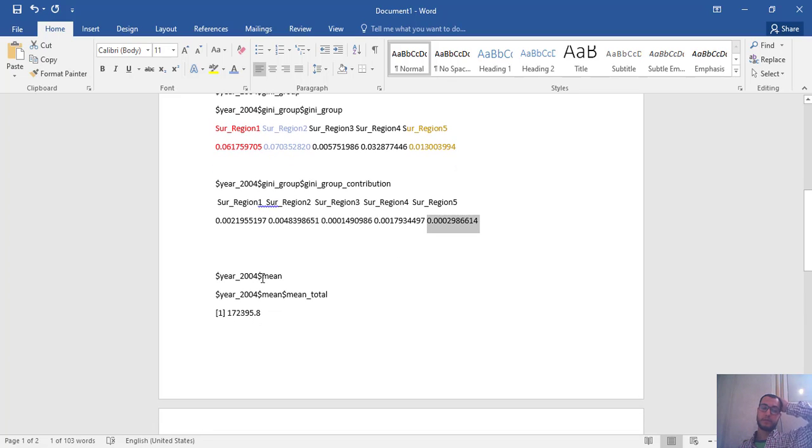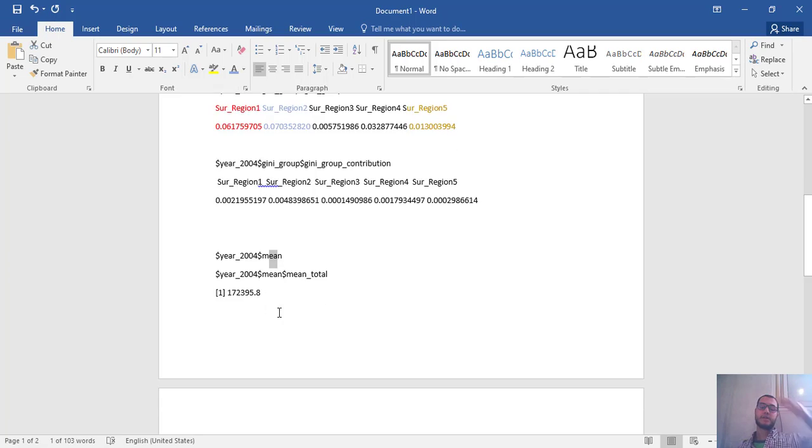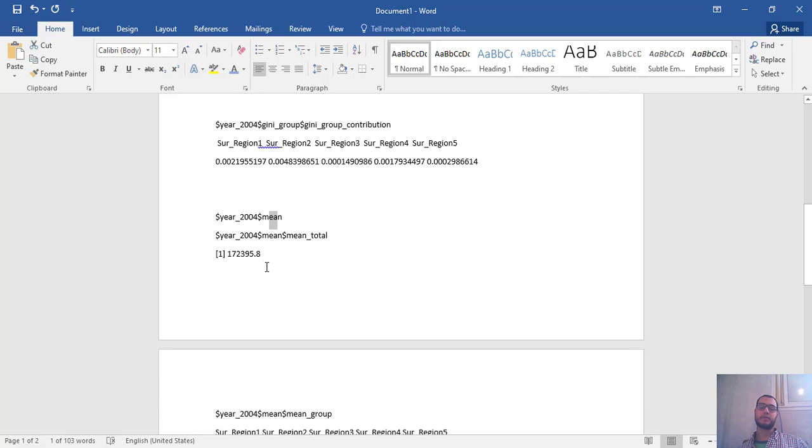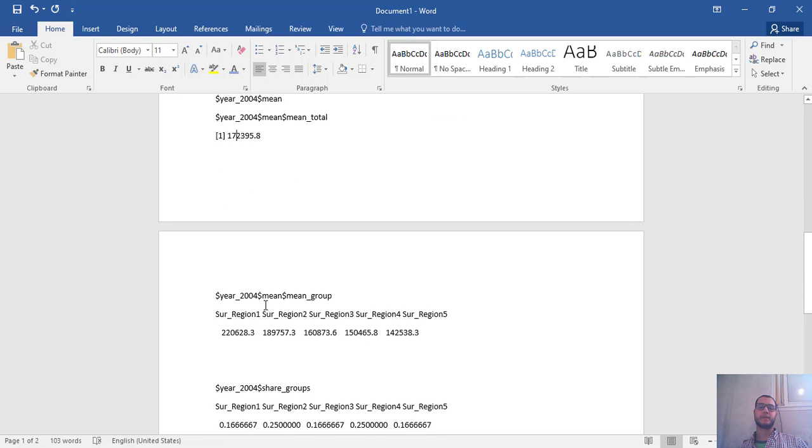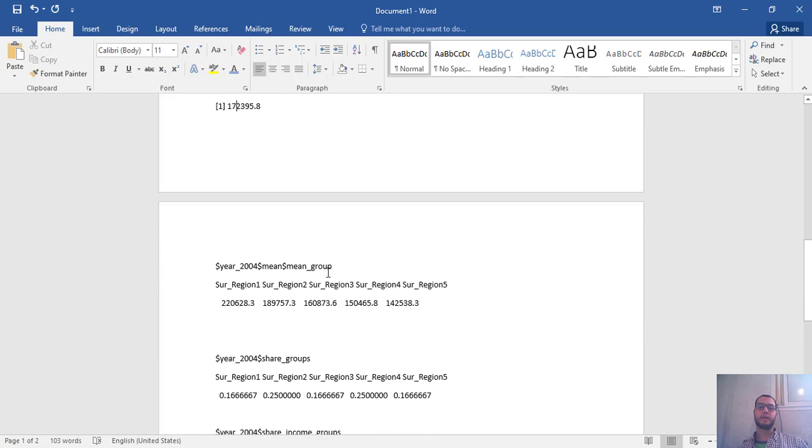And this is the mean of the GDP. For example, if we add the GDP of region 1 plus region 2 until region 12, we will get this number. This is the group mean GDP